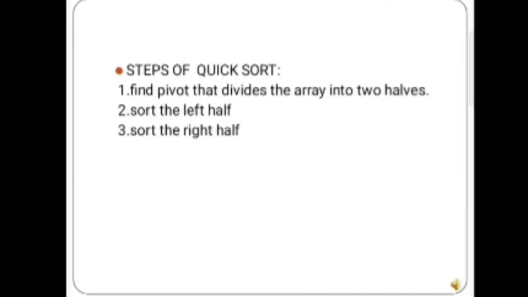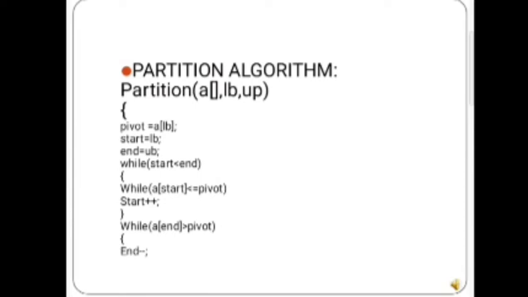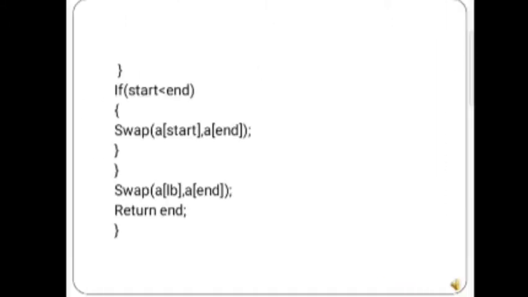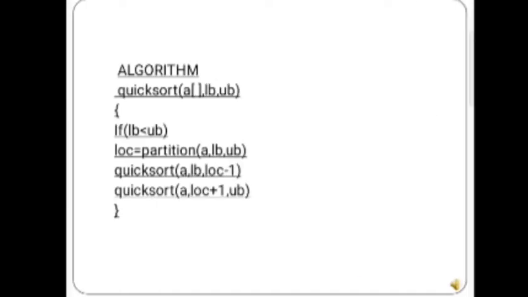And next, the steps of quicksort. Step number 1, find the pivot, and this is the partition algorithm of quicksort. Here I used lower bound and upper bound to describe it, and this is the main algorithm of the quicksort algorithm. And next,